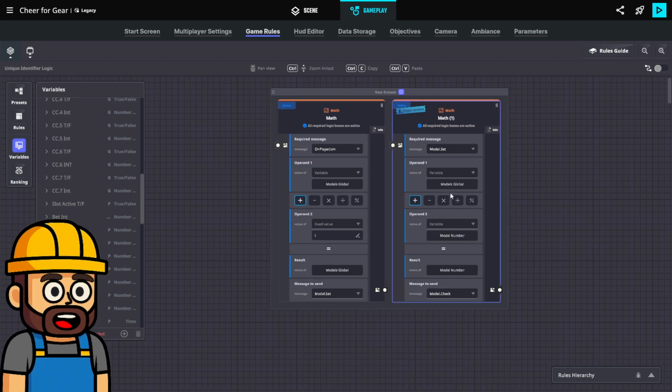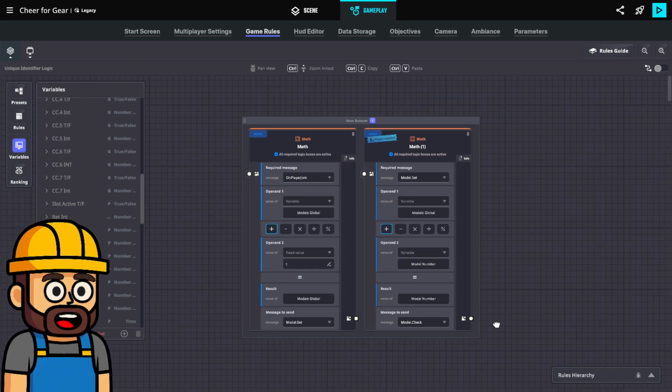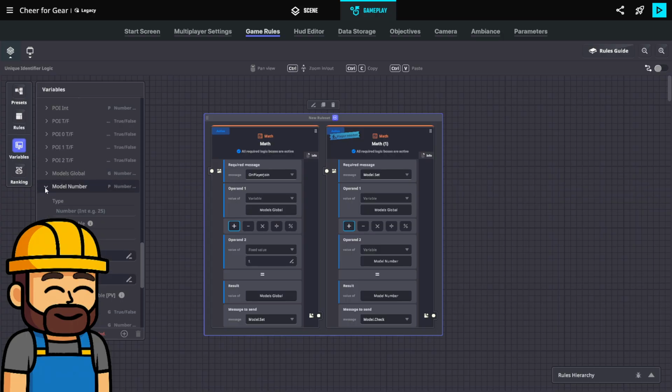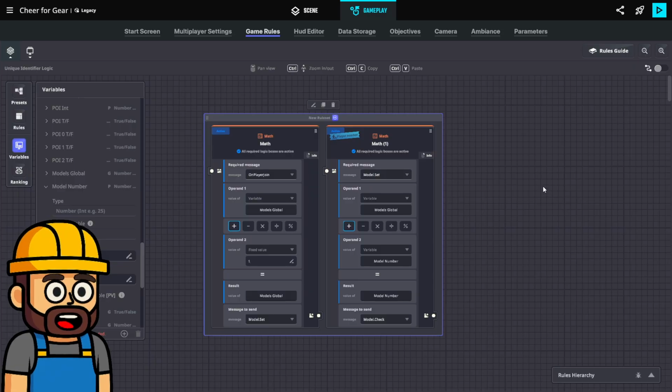You could also set it to that, but I like to try to get a message out of it. But this is how I was going to build the array. I don't know if I really need to do that anymore. But your model number starts at 0, so if we just add whatever the model's global number is to your model number, then you'll get a unique number.